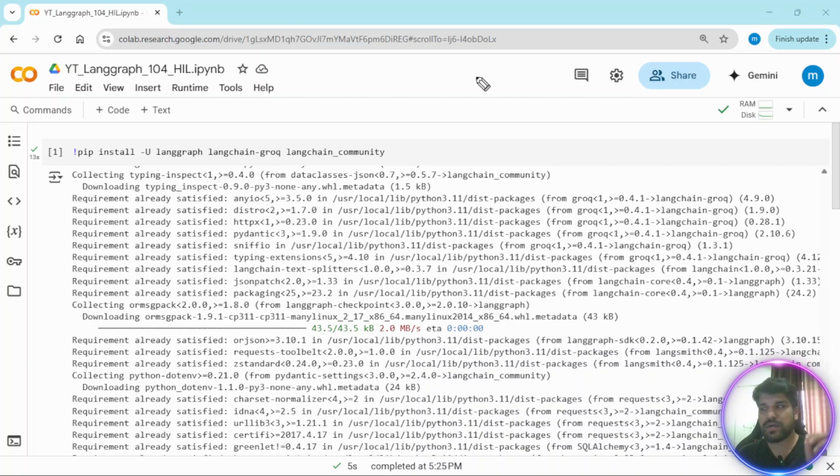Then we built a simple chatbot, the workflow, where the user can ask questions to the chatbot, but in a workflow manner. So we have nodes, we have edges, and we are connecting all these components, and we are asking simple questions. Then in the second part, I explained how one can add tools to your chatbot